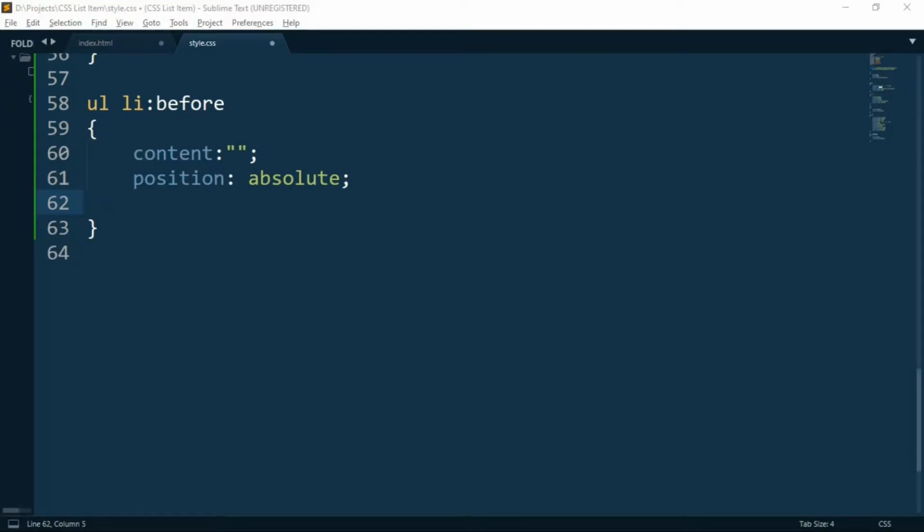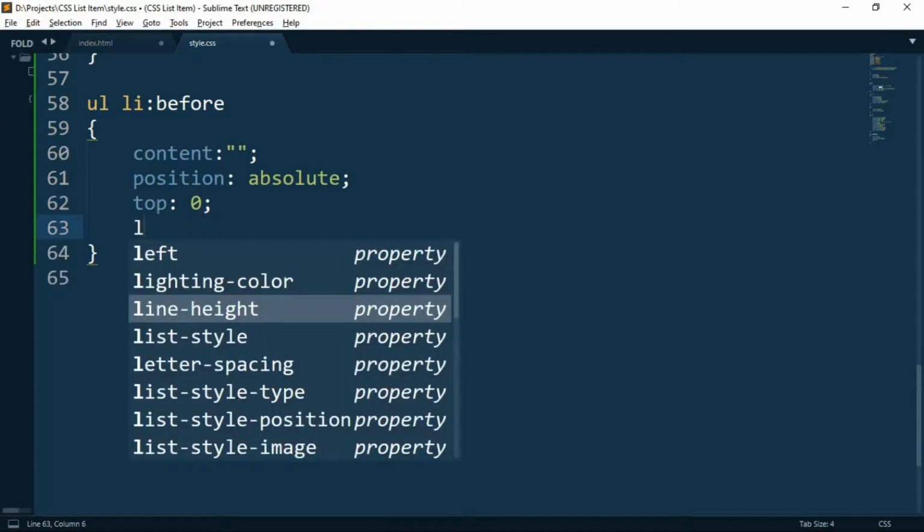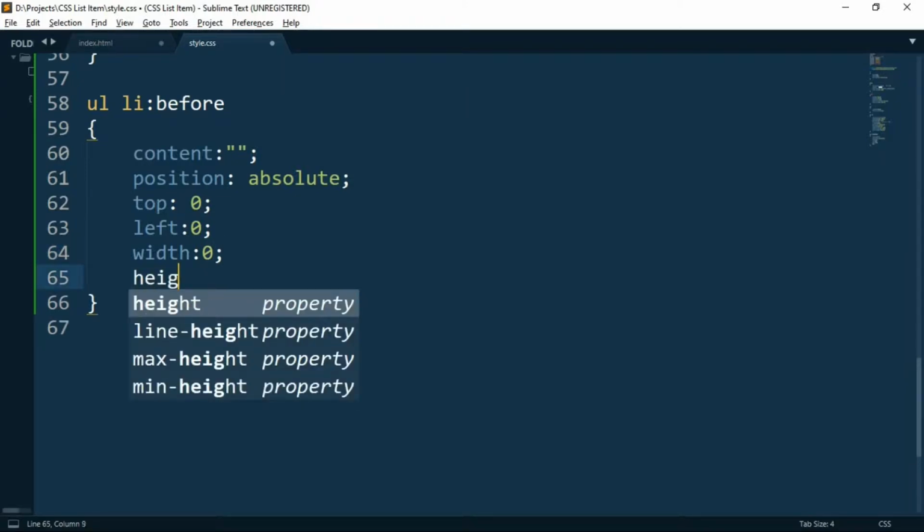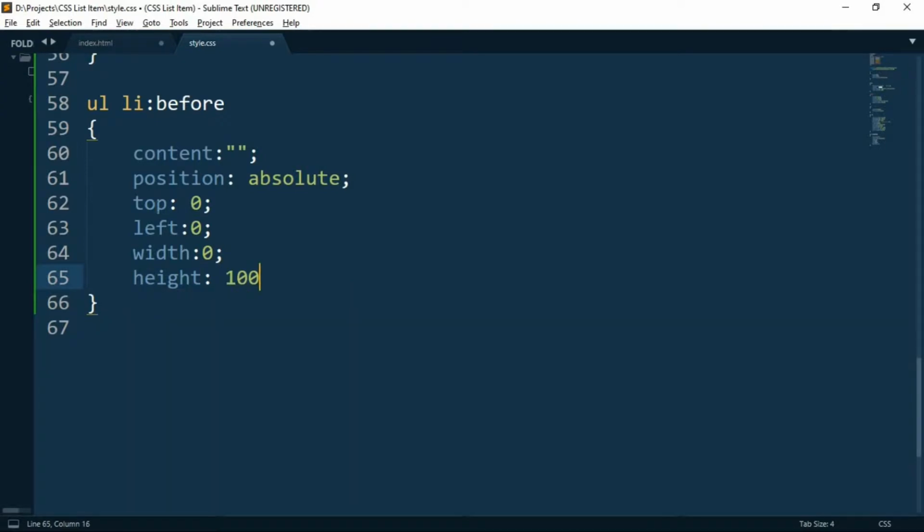So making it more accurate, we need to set top to be 0 and left to be also 0. We will set its width also to 0 because we don't want to see anything from it, and we need the height of it to be 100% because we need to overtake it completely.